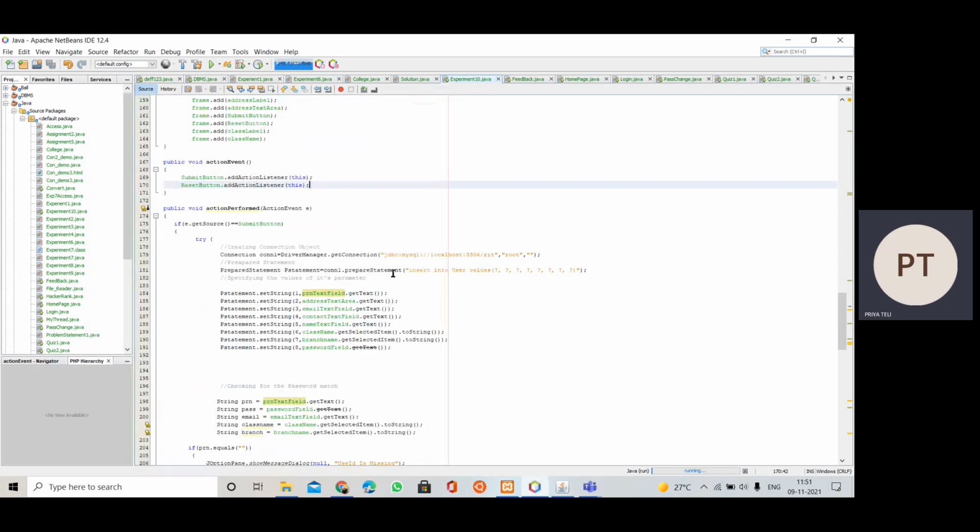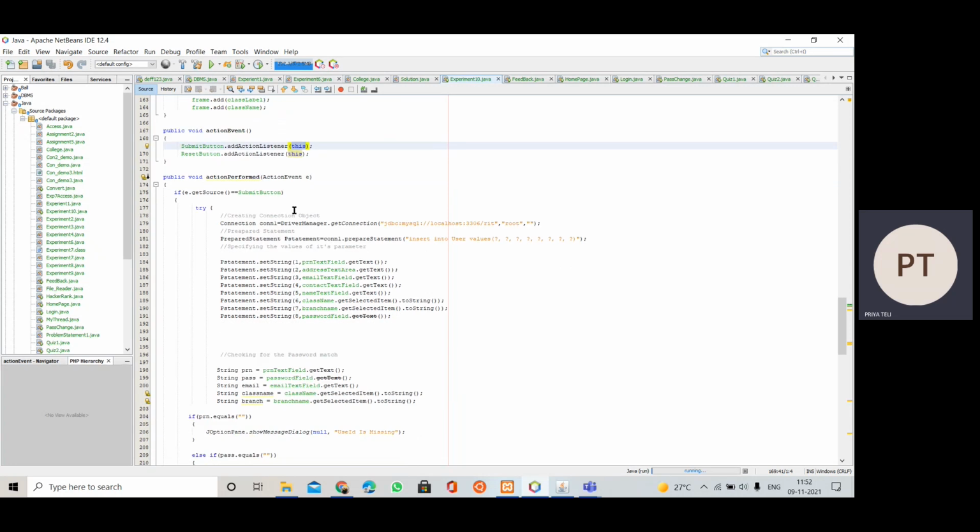Let it be a button, let it be an action, let it be a text field, anything, but in our case we have to just add action listeners to the buttons. So for that we use the action listener method, and inside that we pass the argument as this keyword, and this is only written if the method is in the class which implements the action listener interface. If this method is inside the class which implements the action listener only, then we can write this keyword here, as the class name which implements action listener.